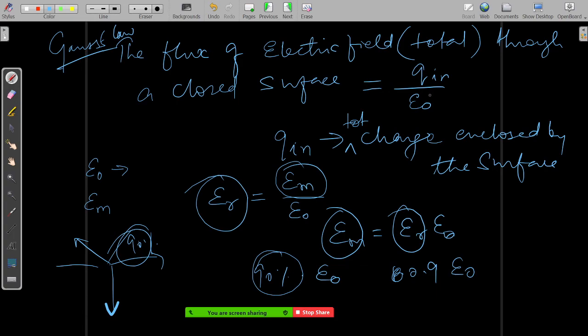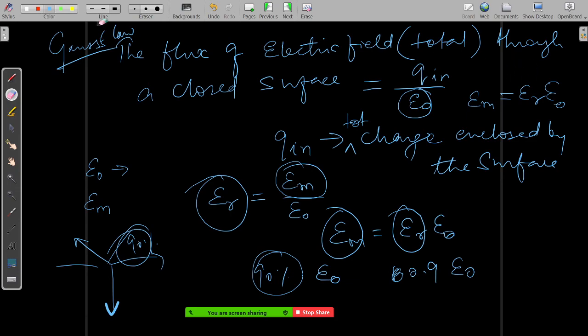Basically, this epsilon naught is for whatever medium they have kept this configuration in. For the time being, we are considering epsilon naught equal to the permittivity of free space. If they are kept in some medium, this will become epsilon of that medium, so the permittivity of the medium should be given. If it is not given, this becomes relative permittivity times the permittivity of free space. This relative permittivity will be something like 0.95 or 0.9, not more than one, because free space will be more permittive. Free space will allow something more than the actual medium, right?